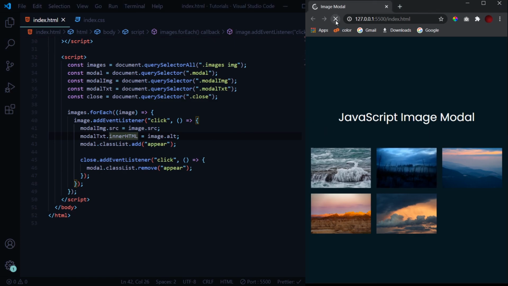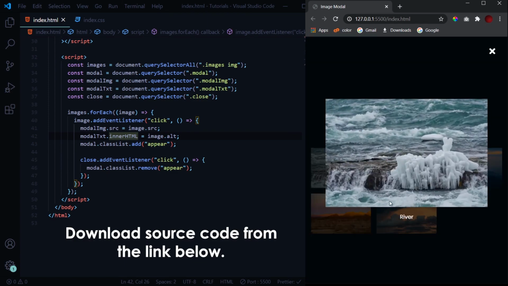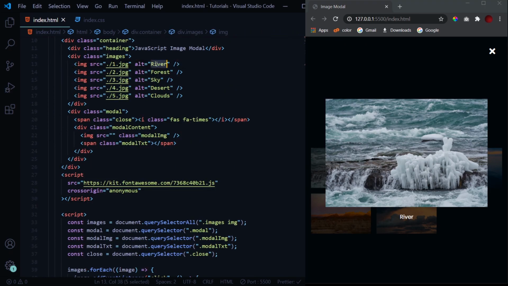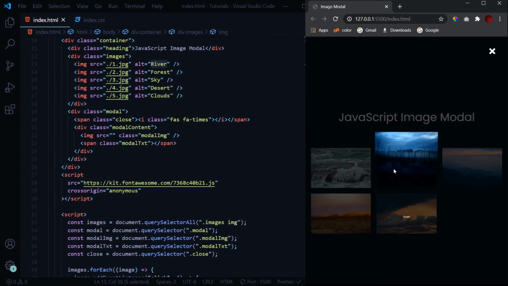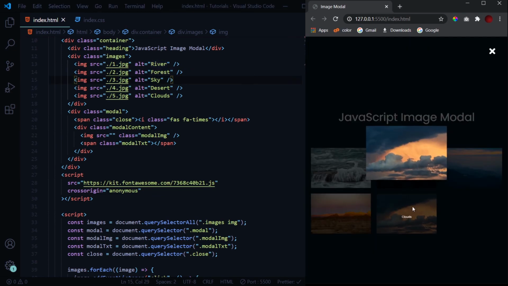Actually, we need to reload it first. Yeah, when I click on the first image, now we get this, and the modal text is also the alt of this first image. Now when I click on the second image, the description changes based on the alt of the second image, and the source also changes.